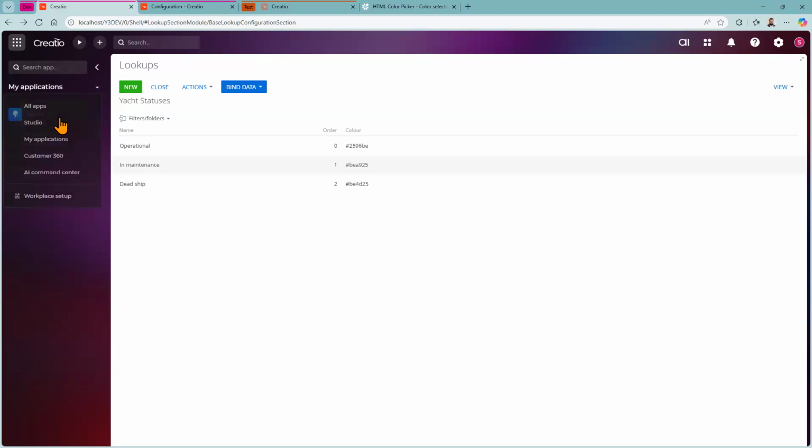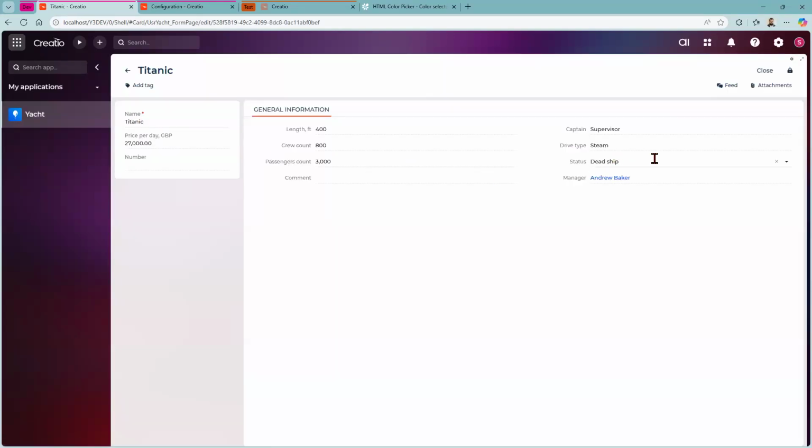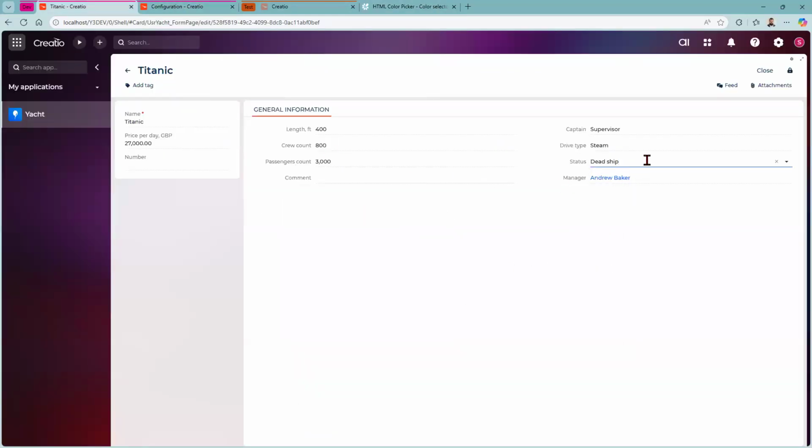So now to my applications, yacht. First problem, statuses here are not colorized, but if I try to change this, I will see colors applied. And another thing that you will see is that the colors are faded. They are not exactly your choice, but this is only in this scenario. So Creatio does this fading down so that you end up with styles that are generally